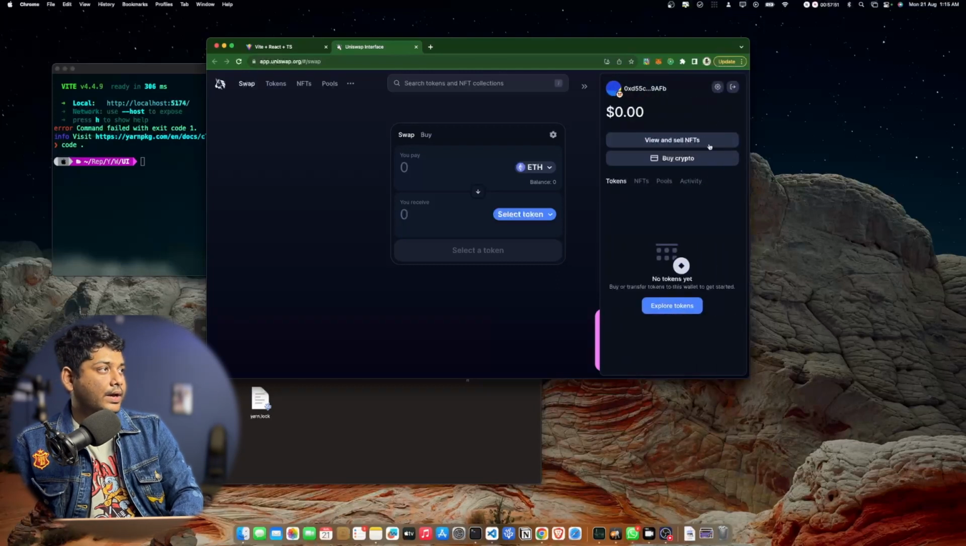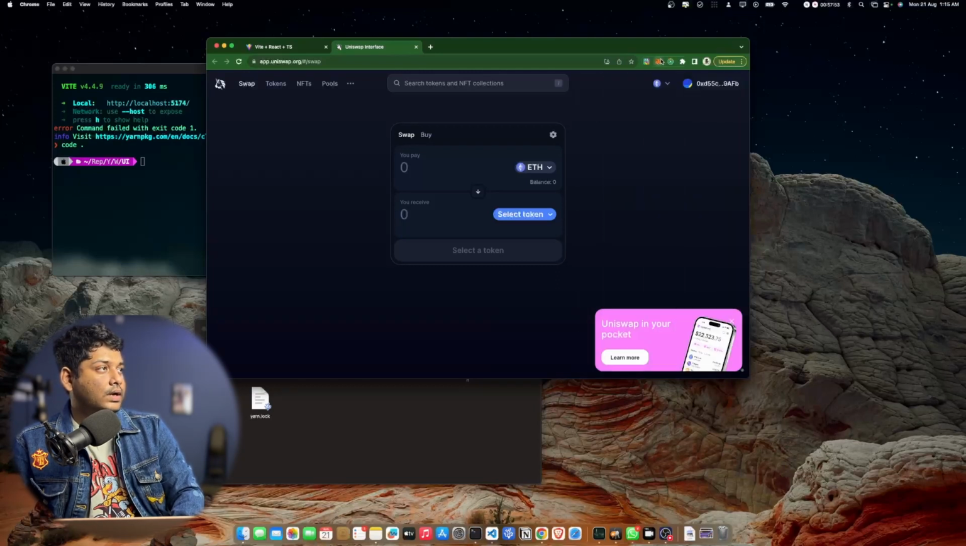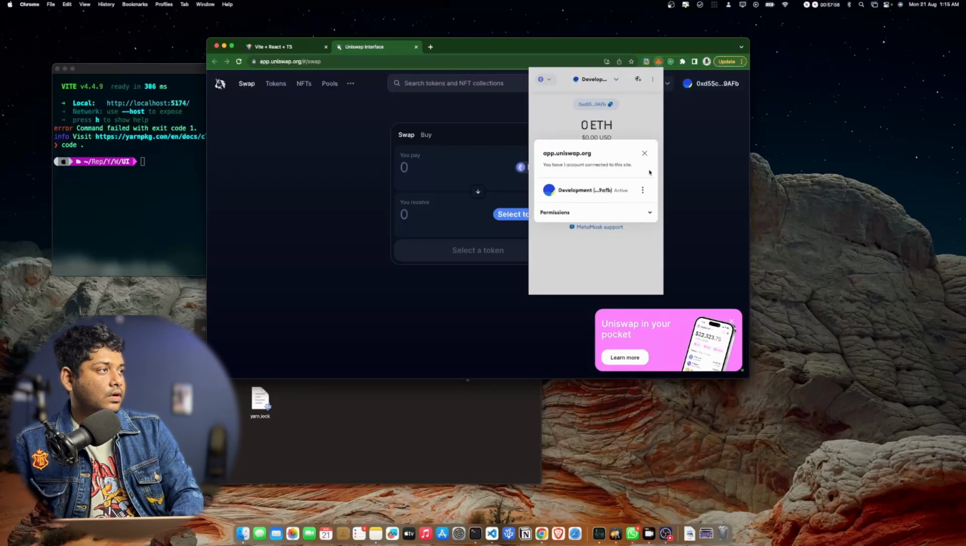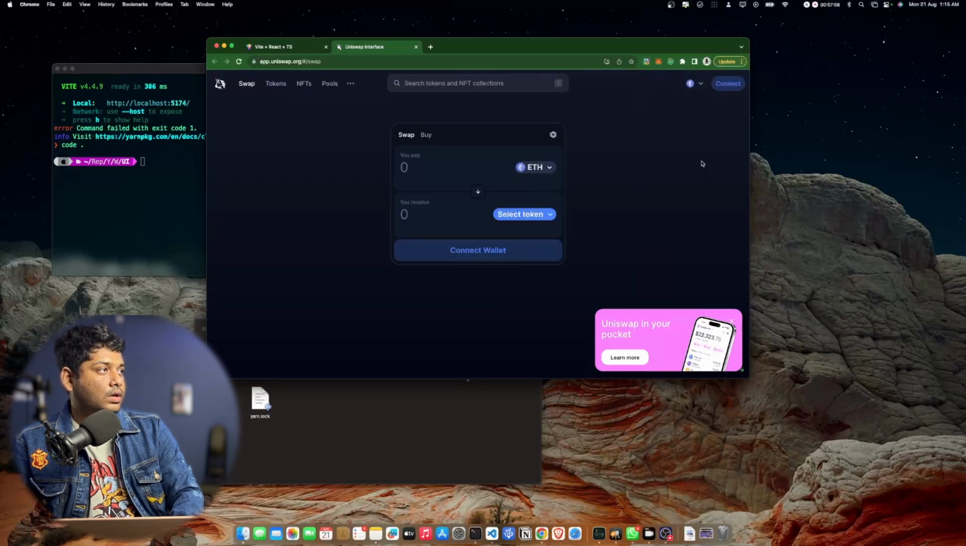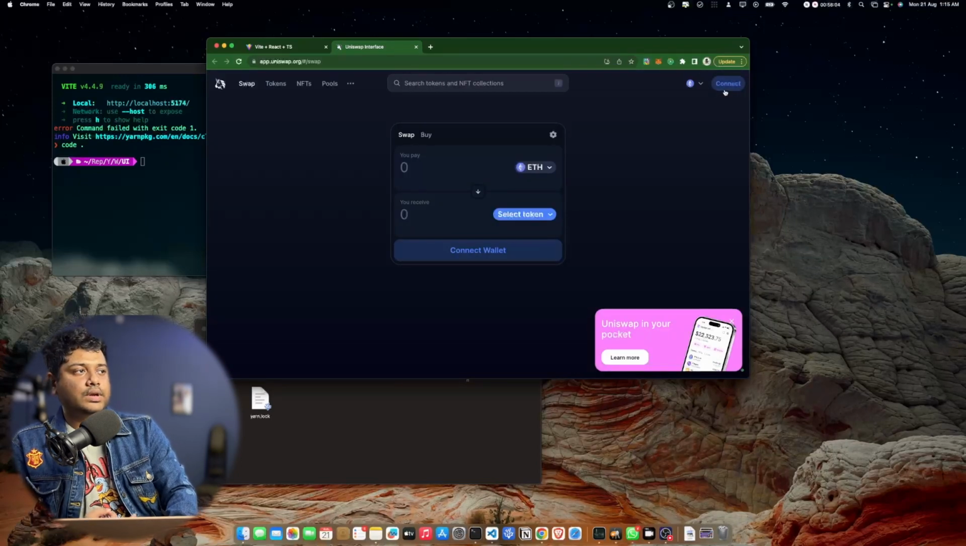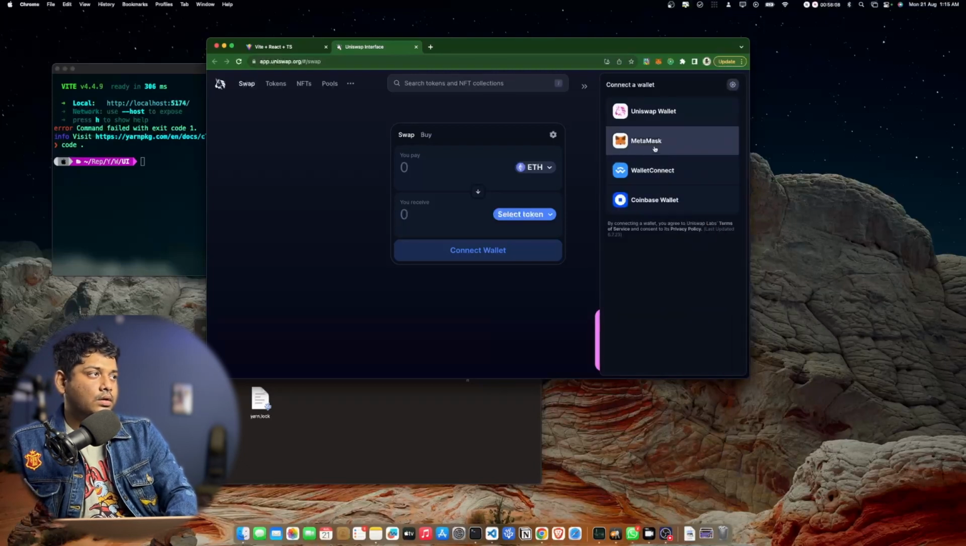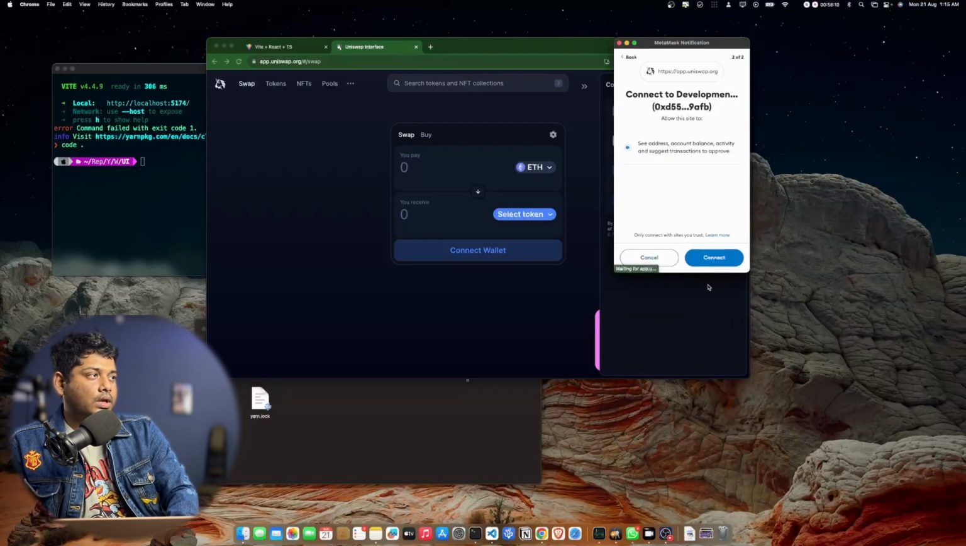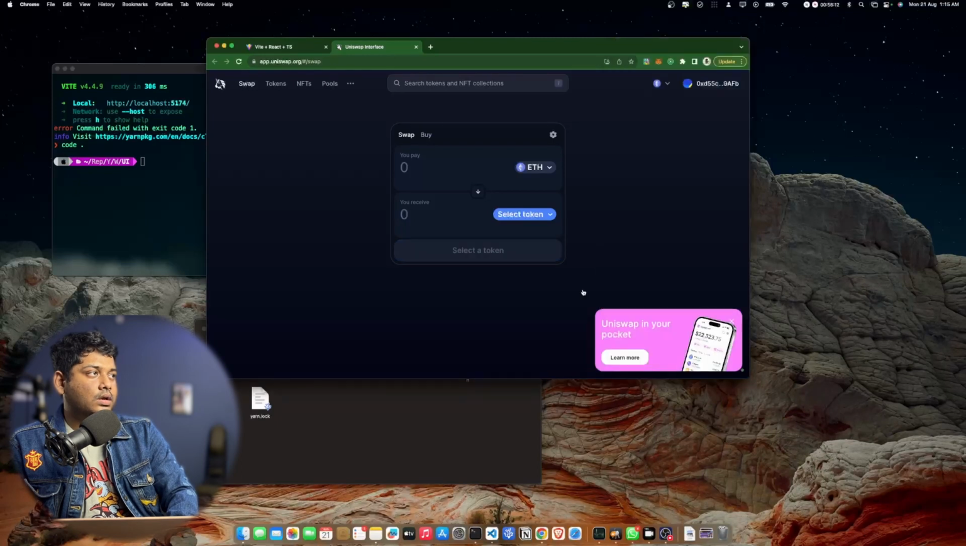So if I disconnect it, which is from here, and then refresh now, because my wallet is now disconnected, this connect button is appearing. So I have to connect. I'm connecting now. Connected, and my wallet address is coming up. And if I